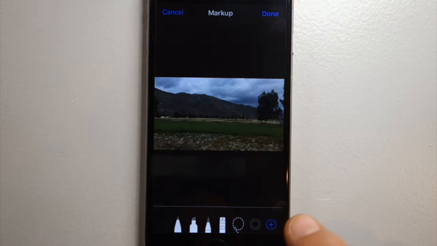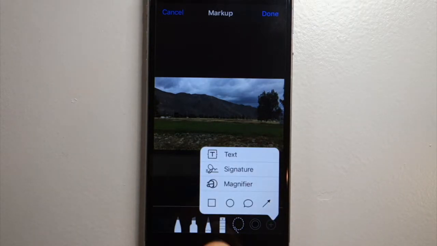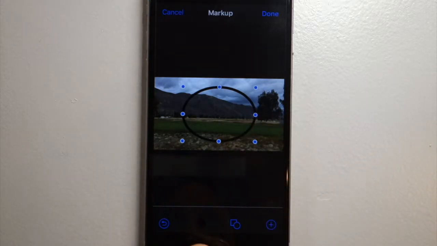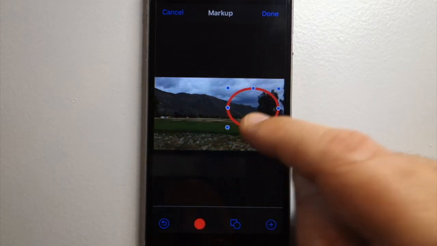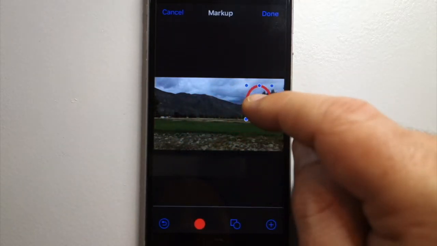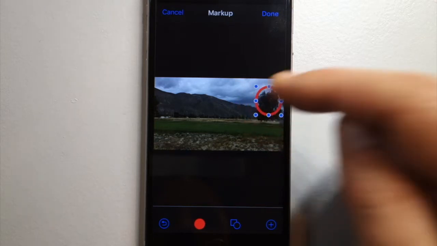Hit the plus, and then a circle, and hit the black circle at the bottom to change the color because YouTubers use the red circle. Move that there,